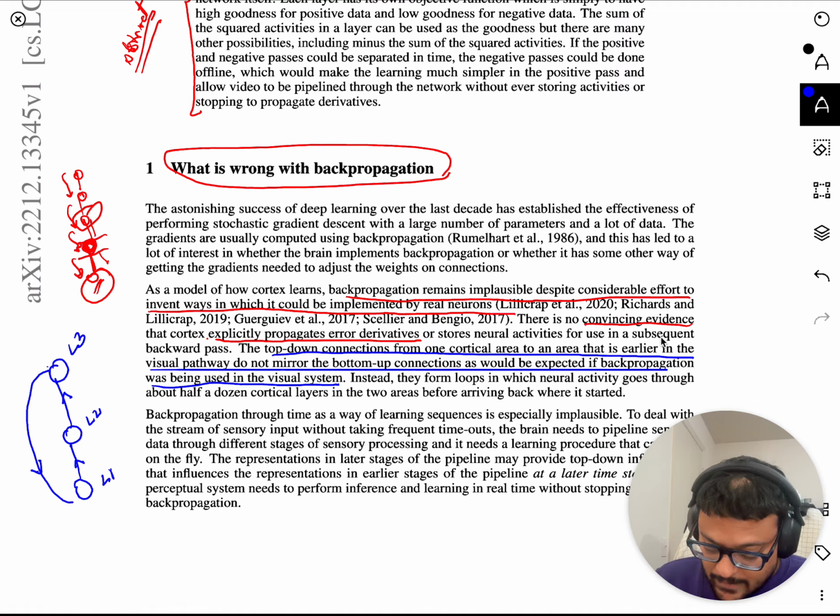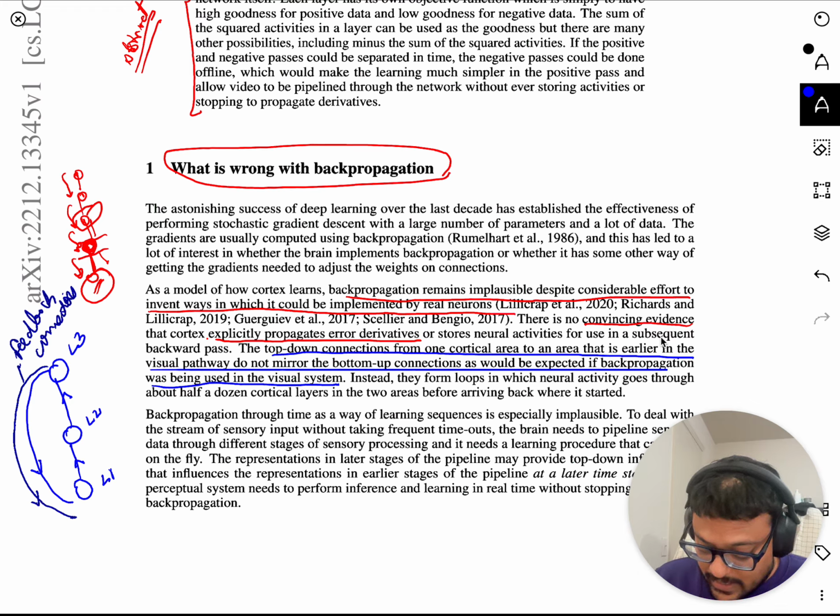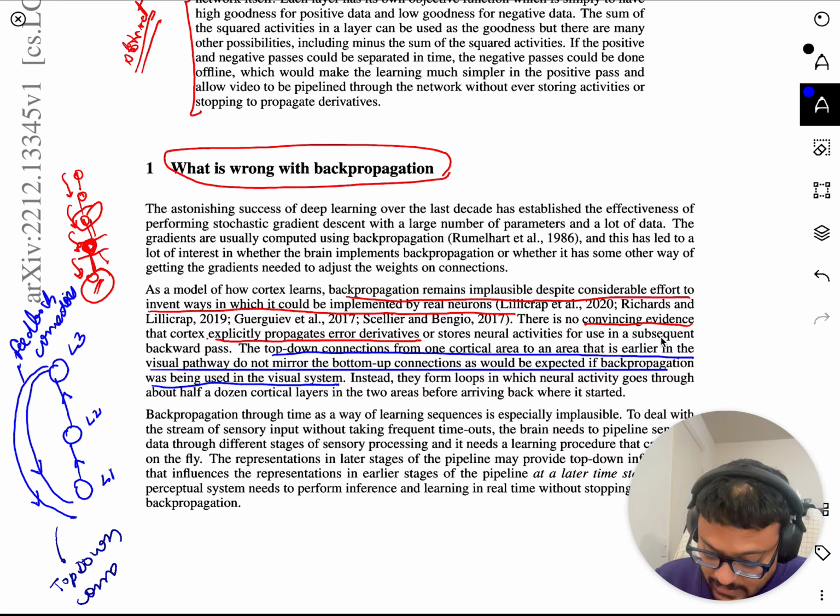So these types of connections are known as feedback connections, and they are really important. These connections are also known as top-down connections. Now the key point is that in the brain there are a lot of these top-down connections and also bottom-up. But in most neural networks, what you will see is that there is no connection